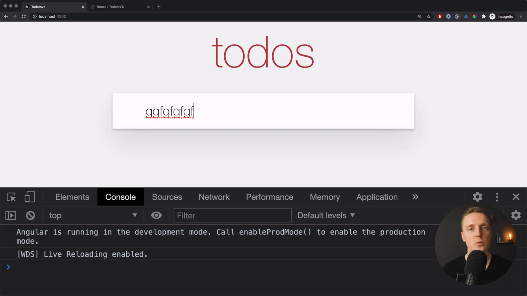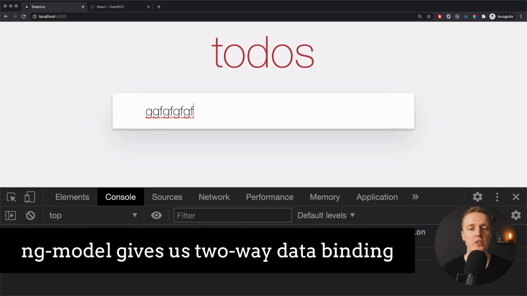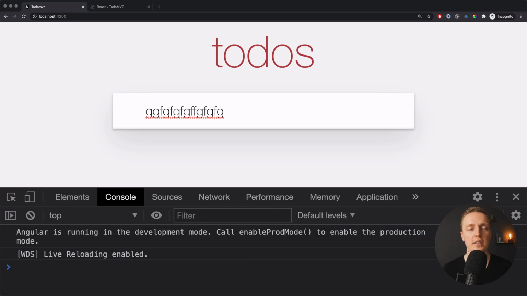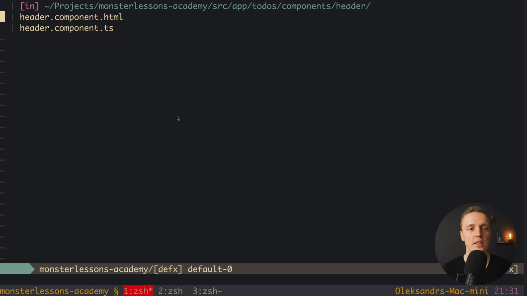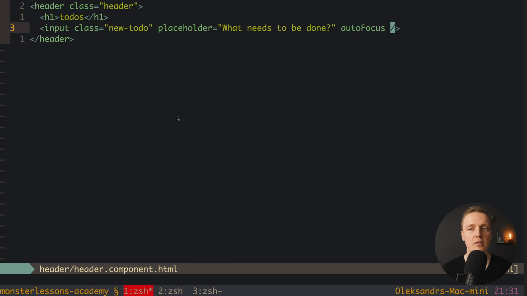And there are several ways to do this. First of all, we can use ngModel, which is two-way data binding, which means we're changing our input and at the same time we're changing some property inside our TS file. But I really like to have not two-way data binding, but one way, because it is easier to understand and easier to debug. And for this, we can simply jump back inside our header HTML, and here on our input,